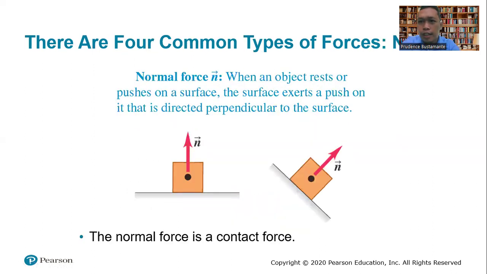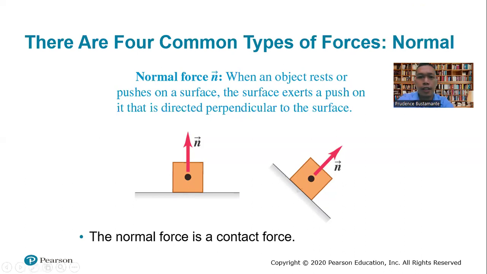So, doon na tayo, although daghan tayo mga forces, pero natay gitawag nga four nga common types of forces. Upat na siya nga common, kasagaran makita na to sa atong palibot. So, doon na isa, gitawag ni siya normal force. Doon siya gitawag nga normal force. Ang iyang simbolo na kay N vectors. Okay.